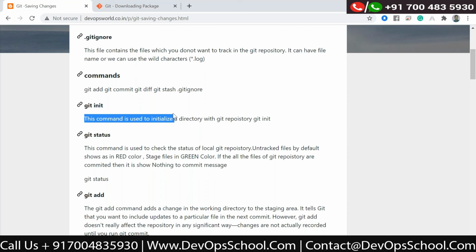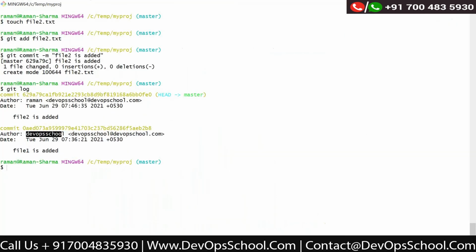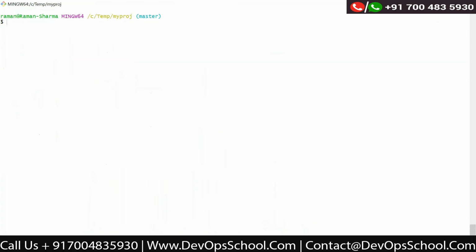If you want to check all this status, you need to run the git status command. For example, if I go back to my project and say git status, here it says nothing to commit.